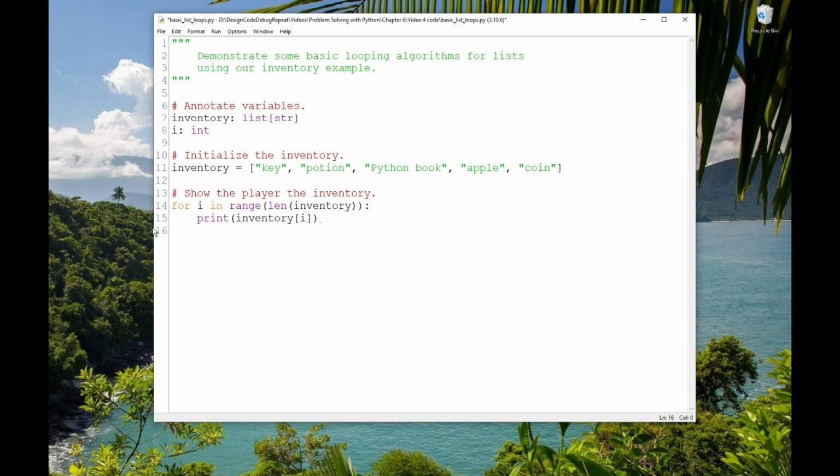Let's unpack that. Remember, we want to visit inventory sub 0, inventory sub 1, inventory sub 2, inventory sub 3, and inventory sub 4. Inside the loop, we're visiting inventory sub I. So I needs to be 0, then 1, 2, 3, 4. We've written ranges to do that. That's range 0, 5, 1, where 0 is start, up to but not including 5, the stop, in increments of